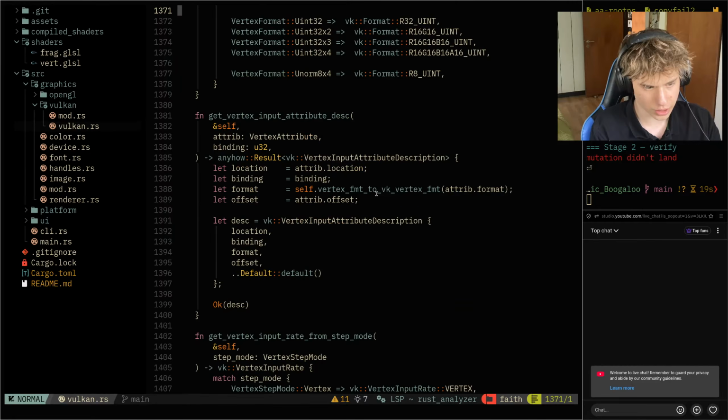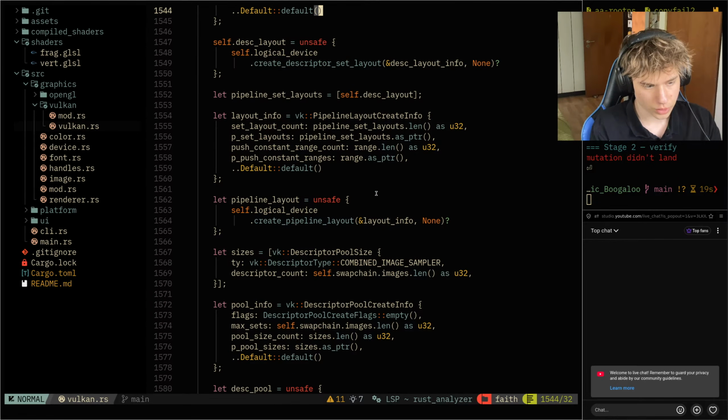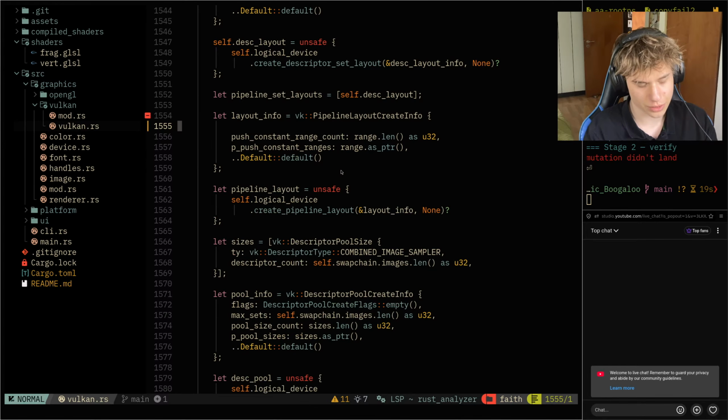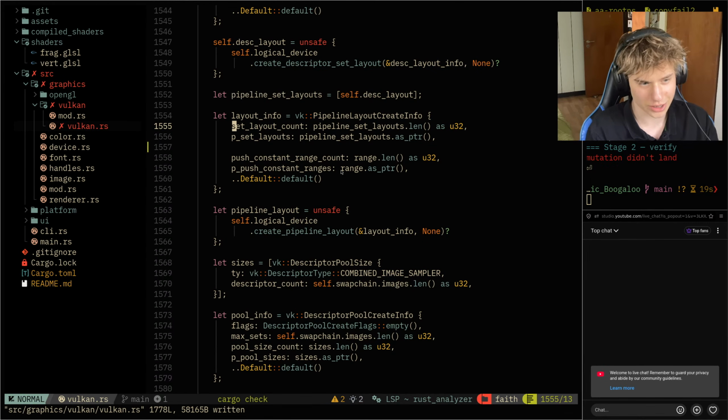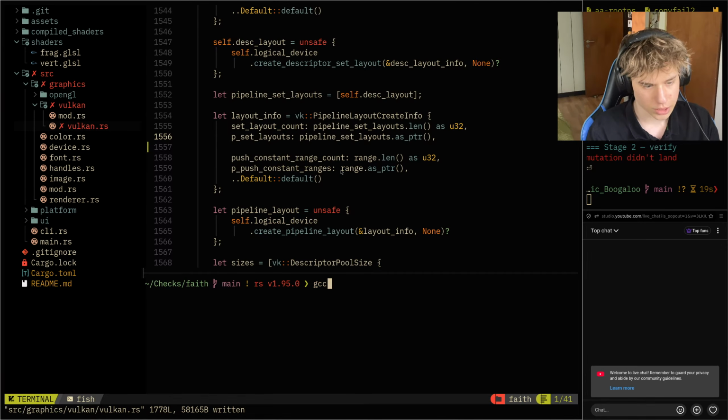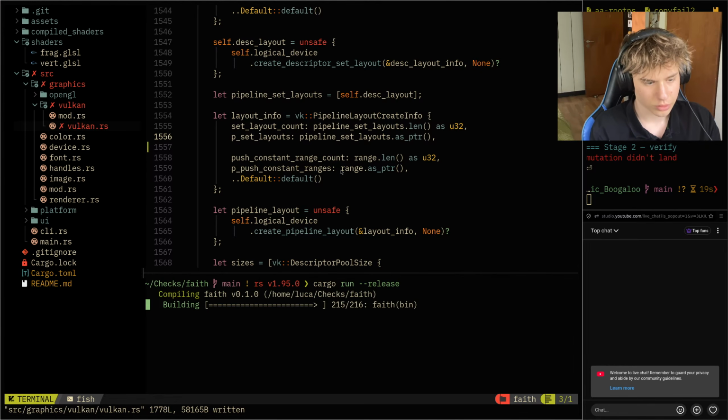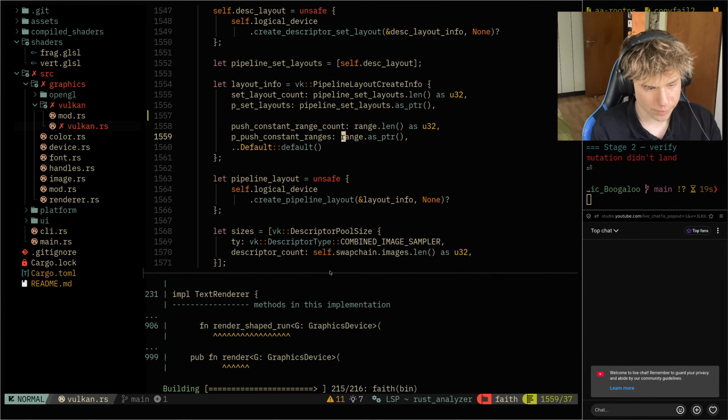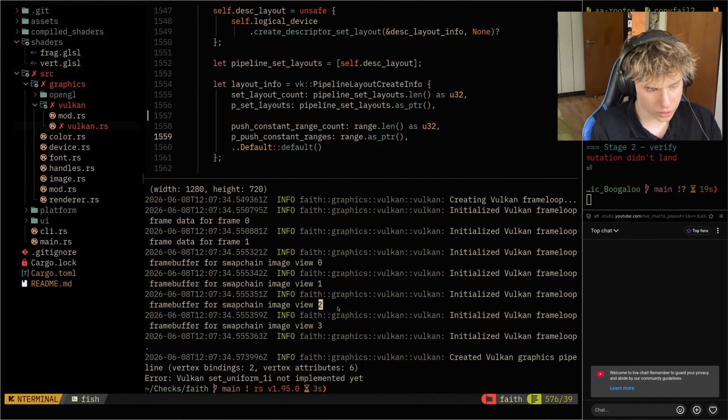I think I just forgot to actually specify the layout that we created, and that's why it was basically giving us the errors. Let's see, cargo run release. Let's see. So what I want to do today